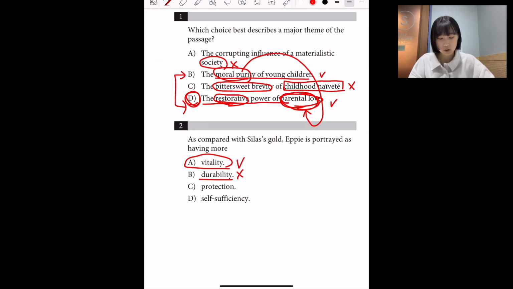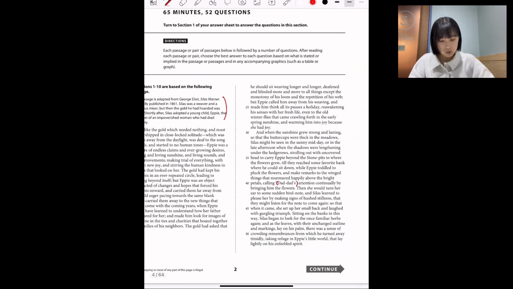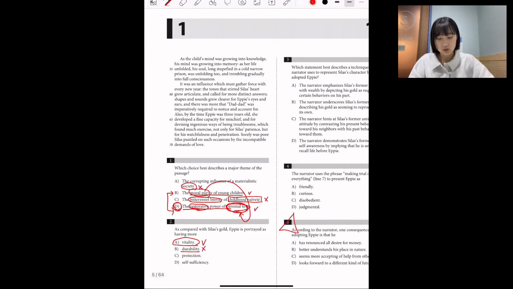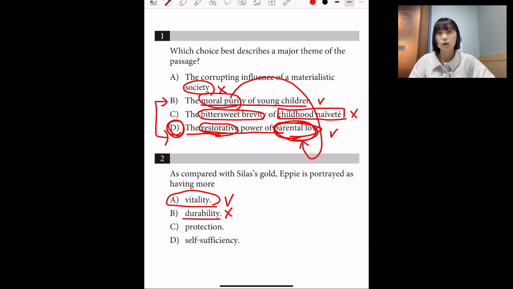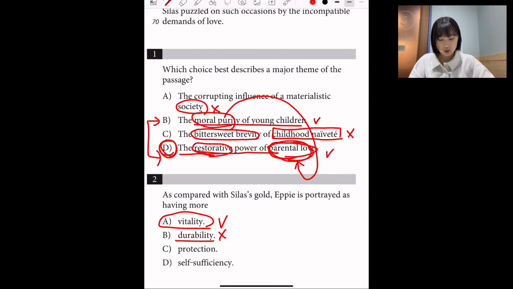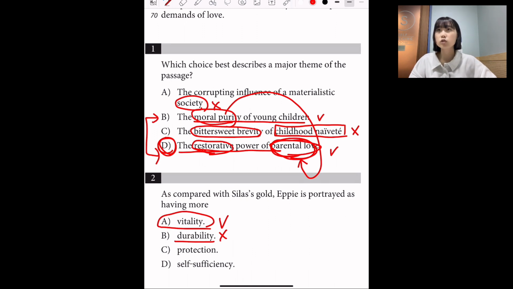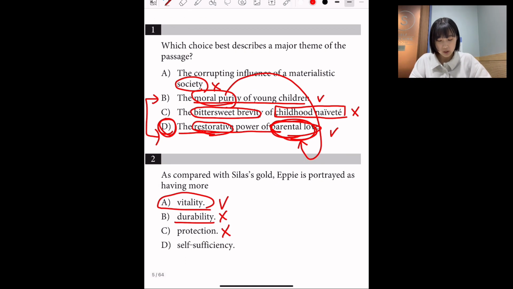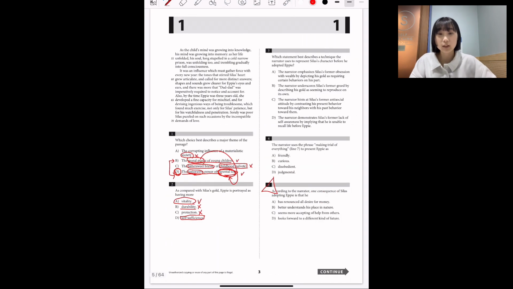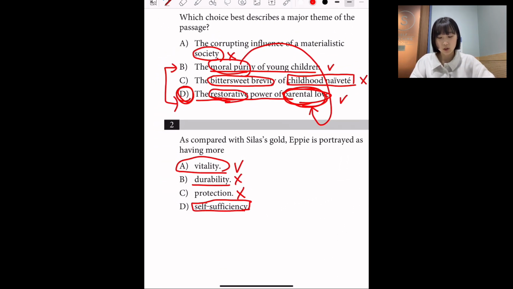And C, protection. Well, Epi has more protection. That doesn't make sense, first of all, and I think you'll know that. You'll just see that protection is not a good word, both grammatically and also contextually, because she is not exactly portrayed as having more protection. She's just more portrayed as a pure childlike figure, so we're going to disregard C as well. D, self-sufficiency. Again, she's not some oil or gas that we're using for environmental self-sufficiency. This is not a good word to use on a human. And again, she's a child that needs to be taken care of. Self-sufficiency is not a good word to use in this sort of context, so we're going to disregard that as well.